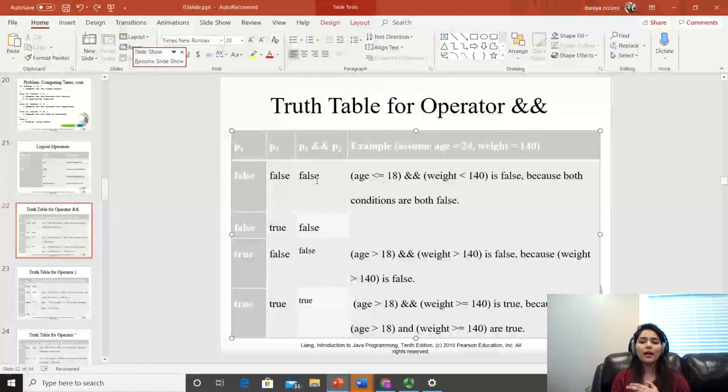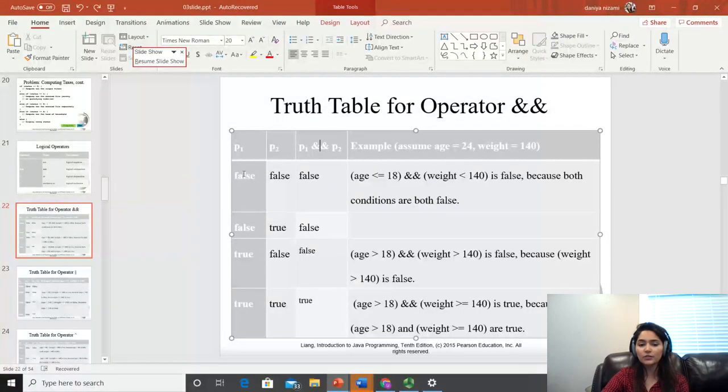The easy way to remember the and operator is that it combines. So if any side is false, your answer will be false. For a true answer, both sides must be true. If you are evaluating an expression, for example 3 is greater than 4, this is false, right? So there is no point in evaluating the other expression, because if this is false and there is an and operator, your answer is false. This is how the and operator works.